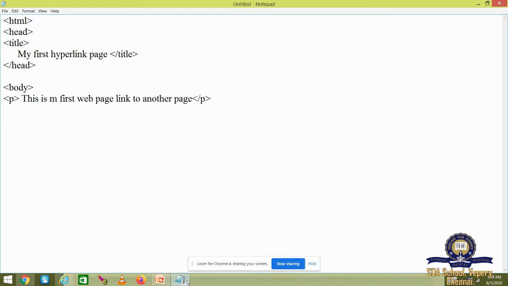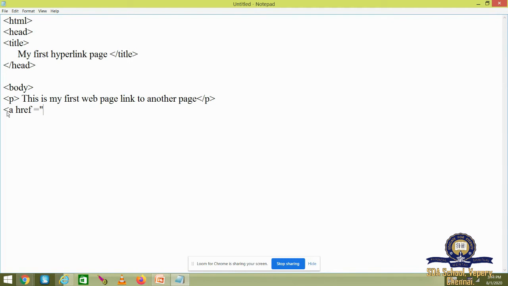Then you have to create a link. What is the tag used for creating a link? Yes, anchor tag. And you have to give href. Href is equal to, just give the page which has to be opened.